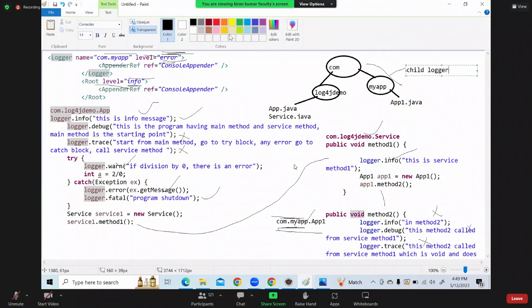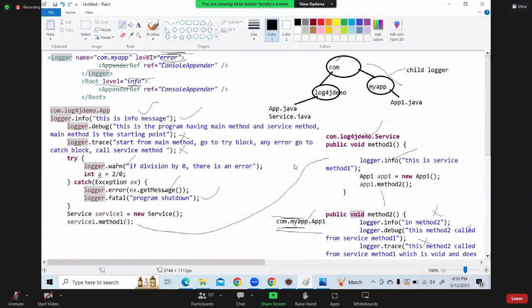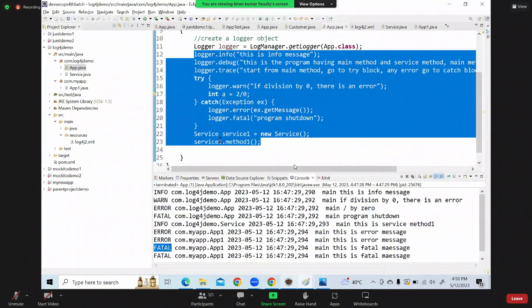On top of this child logger, there will be a root logger also. That is this root logger. Now, what will happen is, whenever in child logger the log is printed, it will go to the parent logger also. And parent logger will also print the same log. That's why you are getting the log 2 times. So the child logger will print and the parent logger also will print the same thing. In order to avoid that kind of scenario, we have to put like here